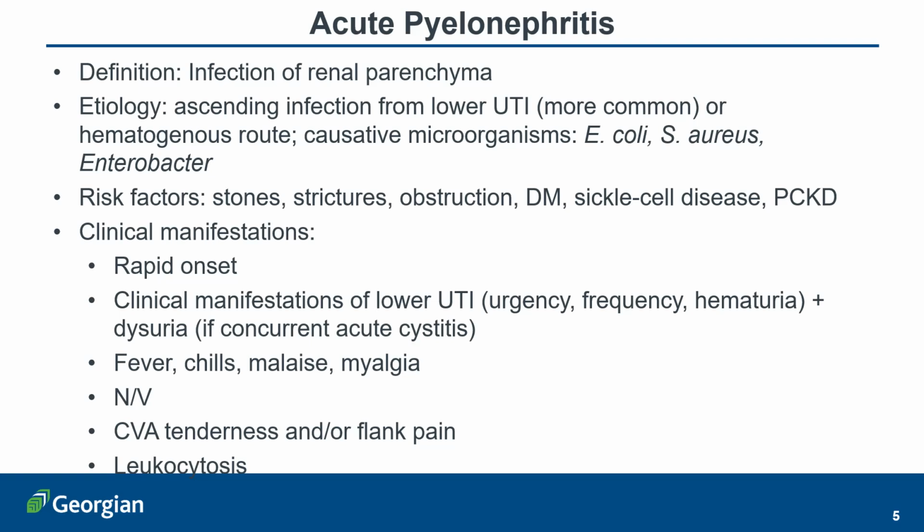But in addition to the clinical manifestations of acute cystitis, so urgency, frequency, dysuria, and hematuria, you also have more severe symptoms such as fever, malaise, chills, myalgia, almost certainly nausea and vomiting, and definitely costovertebral angle tenderness and/or flank pain, along with the typical clinical manifestations of an infection, including leukocytosis. A fever would also alert you to an infection. So that's acute pyelonephritis, which is a much more severe infection compared to a simple lower UTI, such as acute